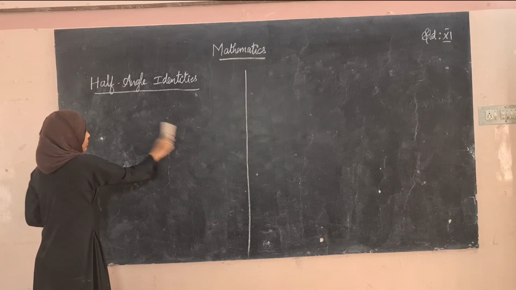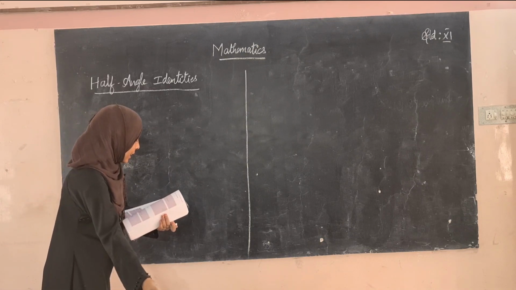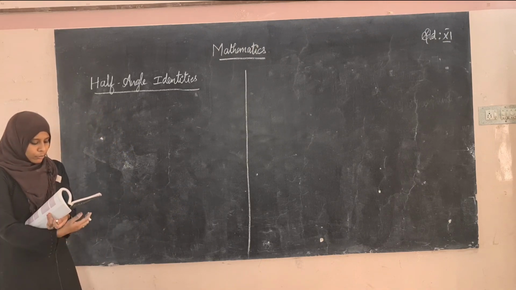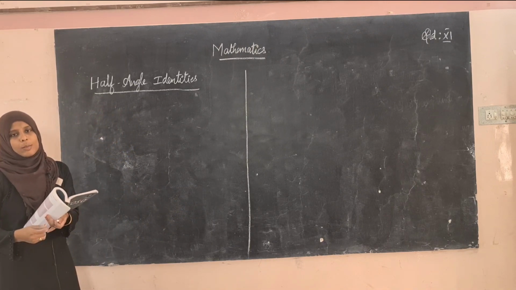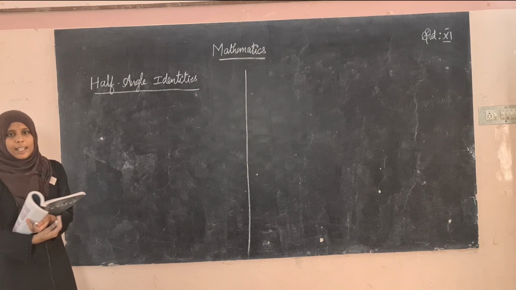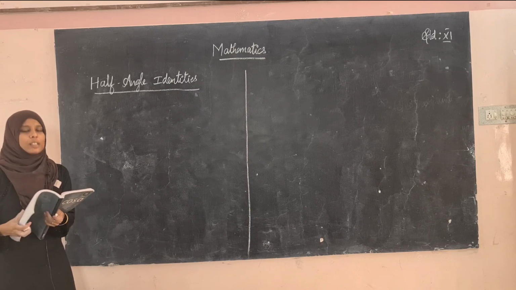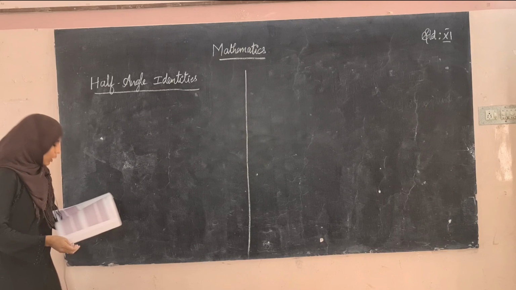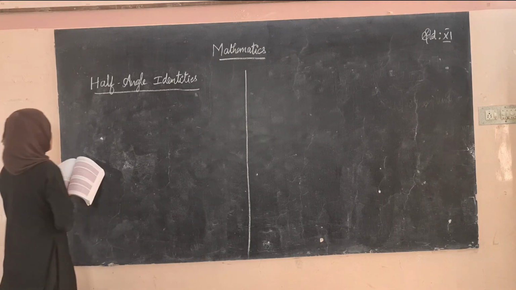See here in your book they have given sin theta, for cos theta there are three terms, for tan theta, sin theta and cot theta in terms of tan theta by 2. So they have given 7 identities in half angle identities. Just mug up that. Using that only we are going to solve the examples after that. So now let us see the examples directly. Example 3.22.